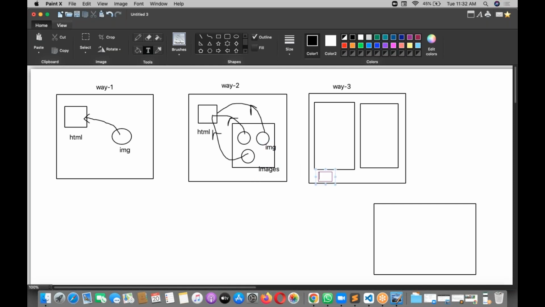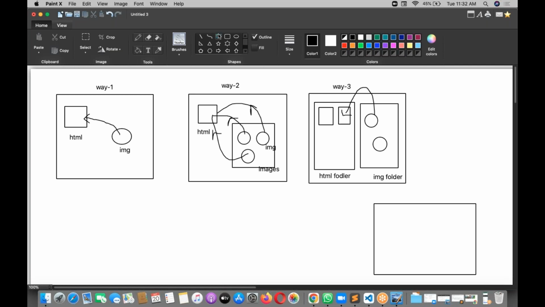And here, this is an HTML folder, and this is an images folder. There are multiple HTMLs available in the HTML folder, for example, and a lot of images available in the images folder. What I want to do now, I want to place this image into this HTML. Two folder jump: one folder jumping out, one folder jumping in, two folders.